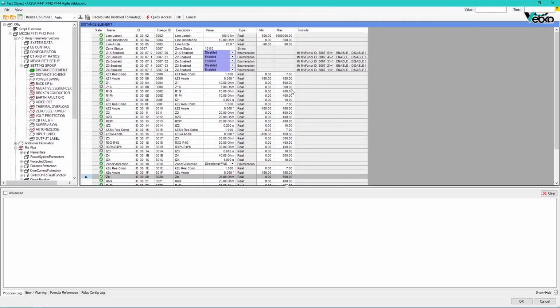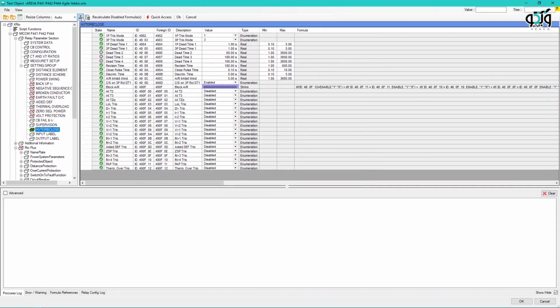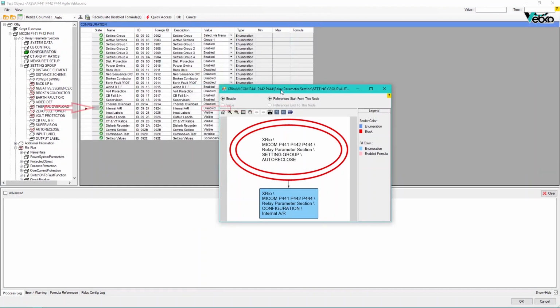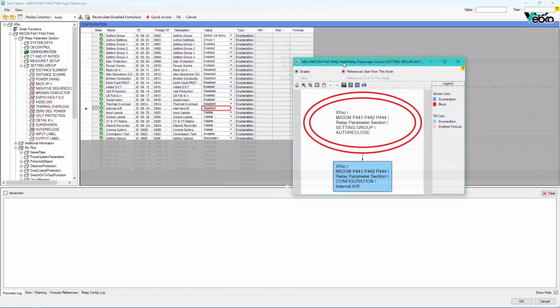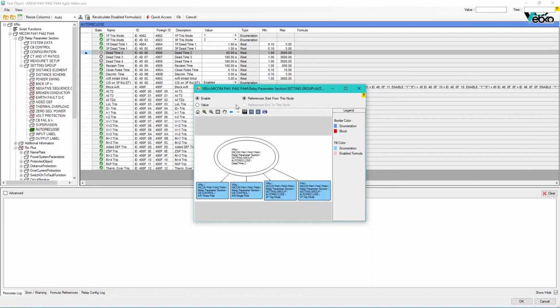On this page, in addition to observing the relationship between parameters based on value, it is possible to specify, based on what parameter, each block or parameter is active or inactive. For example, by selecting the auto reclose block and opening its reference map, you can see that this block's activeness is related to the internal A/R parameter, but because disabled mode is selected in the value column, this block is inactive as well. As another example, if you select the dead time to parameter from auto reclose and select the enable radio button from